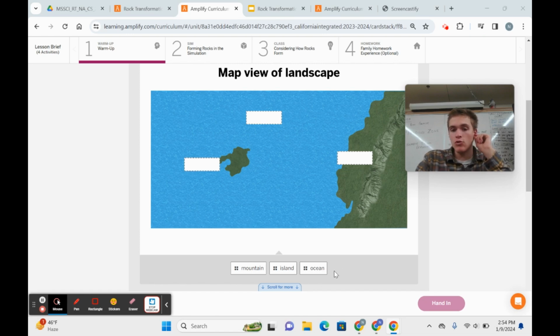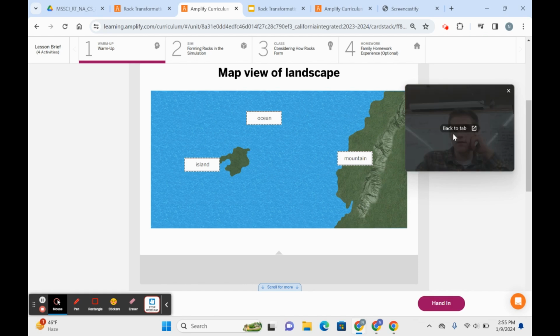I want you to predict where each of these will go in your own video. Great prediction. The island is going to go there, the mountain is going to go there, and the ocean is going to go there. This is a top-down view, what something from the top looks like.